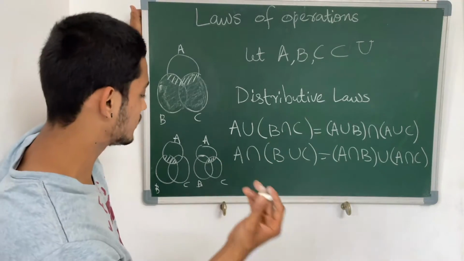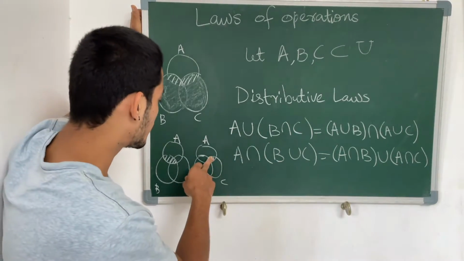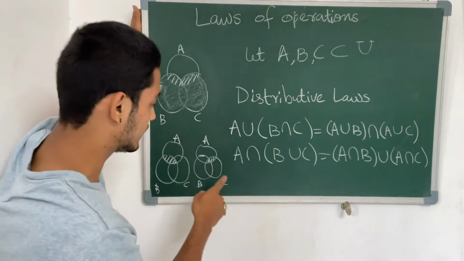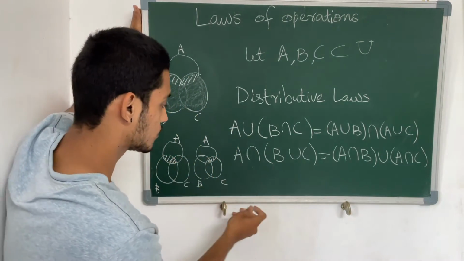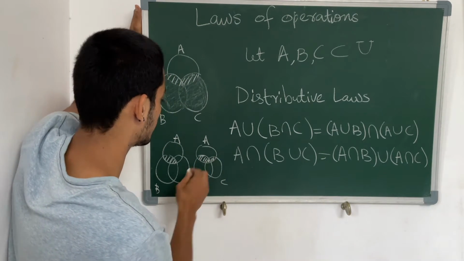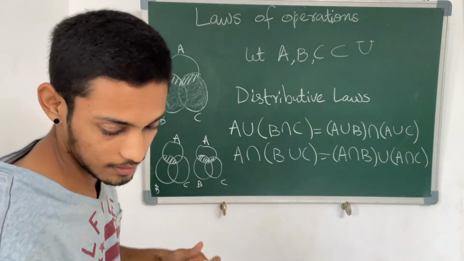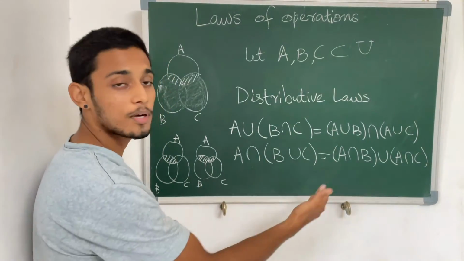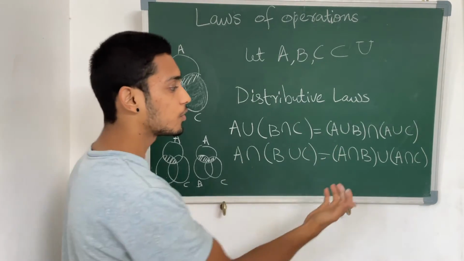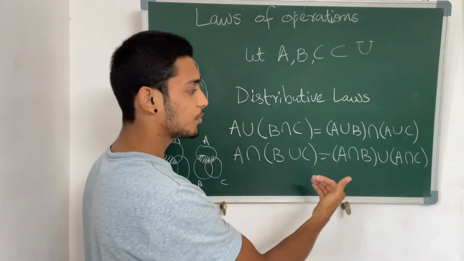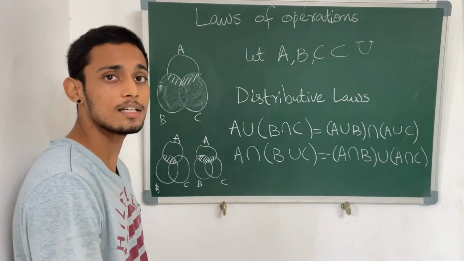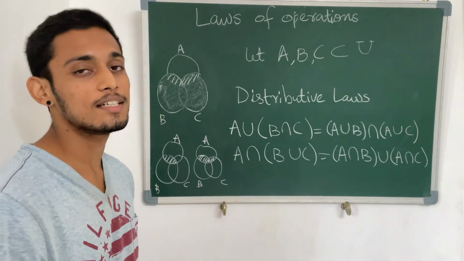Now let's take the union of these two. So if you take the union, you are combining this and this. What do you end up with? It's exactly this part, right? What I've already highlighted. This region combined with this region. So you're ending up with this region. So finally, you have the same result. So it doesn't matter how you are performing the operations. If you have A intersection with B union C, or if you are applying the distributive law, doing the intersection operation first and then the union with the other intersection operation, you will end up with the same results. So this is the distributive law.